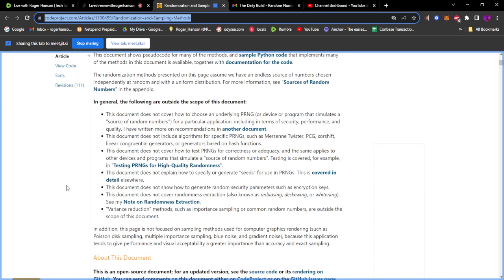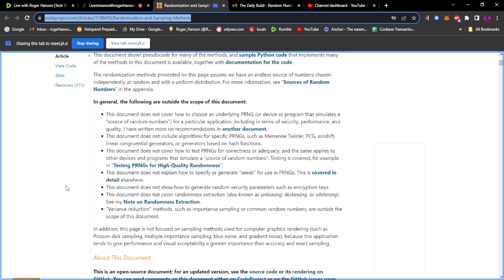In general, the following are outside the scope of this document. The document does not cover how to choose an underlying PRNG or device or program that simulates a source of random numbers for a particular application, including in terms of security, performance, and quality.